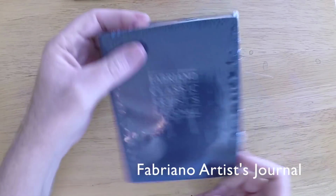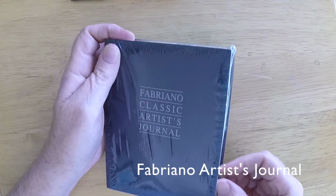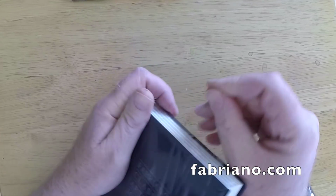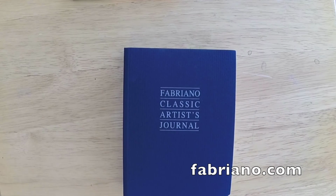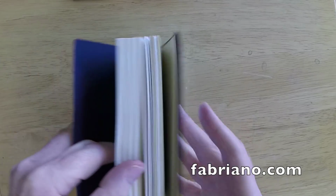The next thing we'll try is this little Fabriano Classic Artist Journal, and this really has some very nice papers in it. Two different colors. There's a cream paper, a toned paper, and a white paper, and they're kind of spaced so that they skip. I guess you can do 25 pages in white and then 25 pages in cream, but the point is, it's really, really nice paper, and you can tell